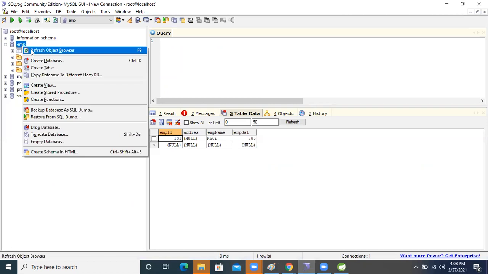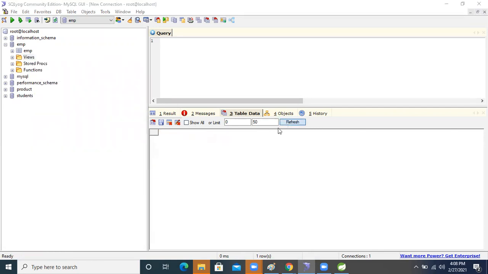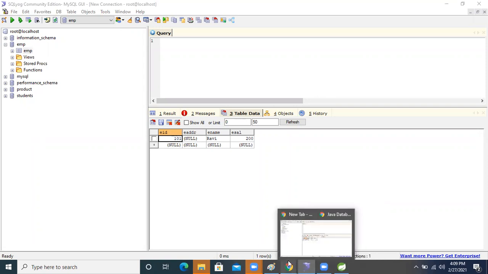Oh, refresh it first. Delete this one. The previous table was not dropped. Okay, see, the EMP table, the new table is created. Now view the data: EID, E address, E name, E cell. Have the things become as expected in the table or not?